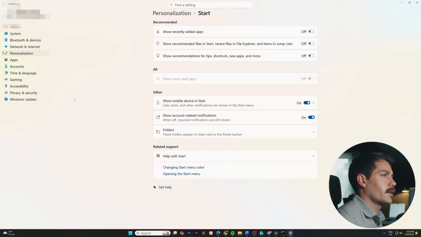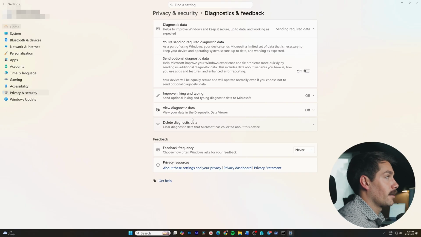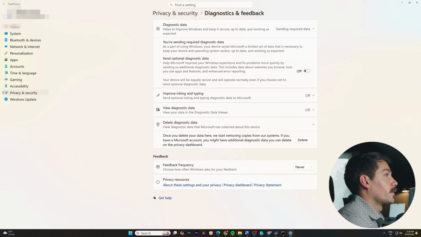And then the next thing that we're going to turn off that Windows likes to turn back on is tailored experiences, which uses diagnostic data. So to do this, we're going to go back into our settings. From settings, we're going to access privacy and security. And from here, we're looking for diagnostics and feedback. So we can see that mine is still off, which is good. We want to make sure that we have our tailored experience turned off, which we can see mine is turned